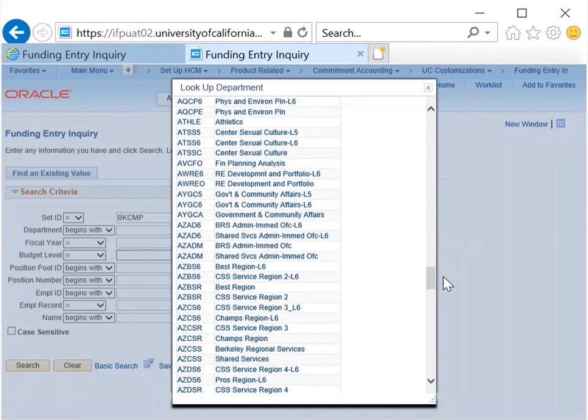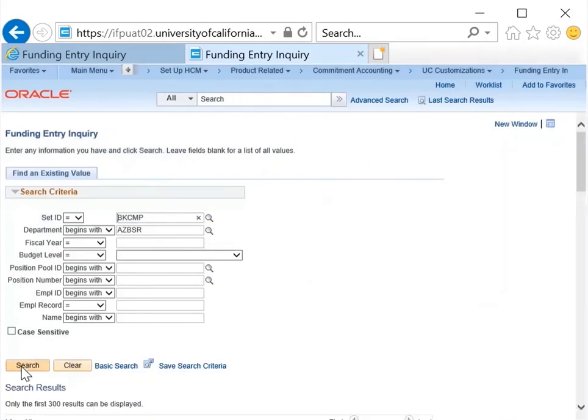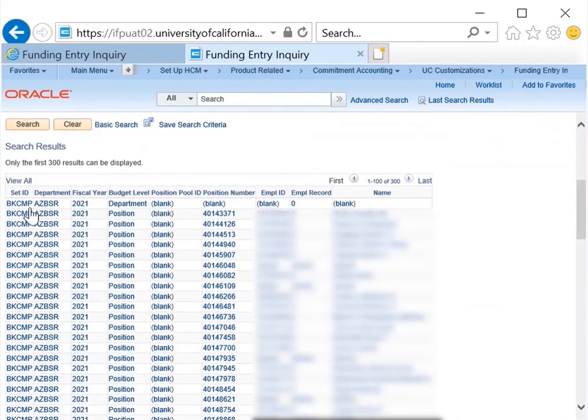I'm going to select the Best region, then I will click Search. This will show me all the available positions in the Best region at Berkeley, because those are the two criteria which have been entered. The search results will display at the bottom. You will notice that it only shows the first 300 results. You can see that we have the department funding listed at the top. We are going to look at the funding for position number